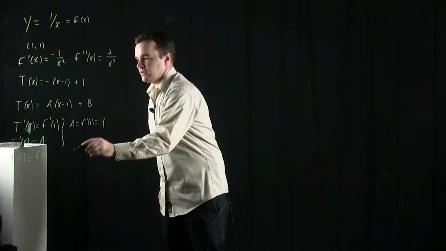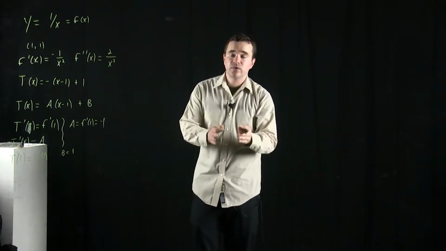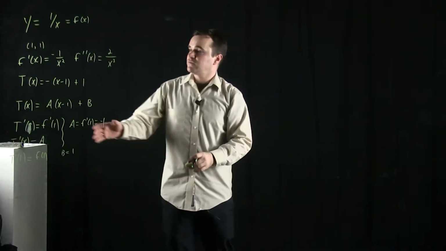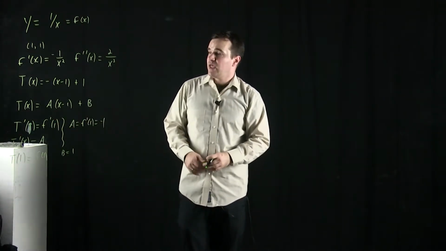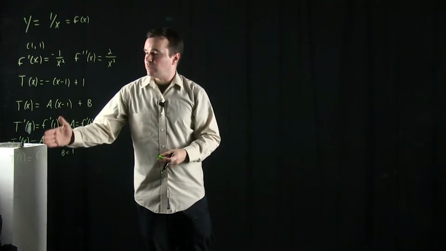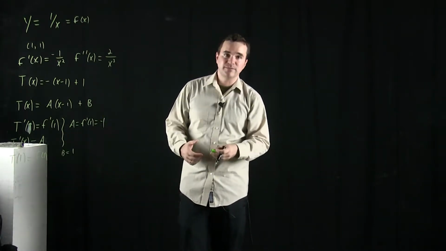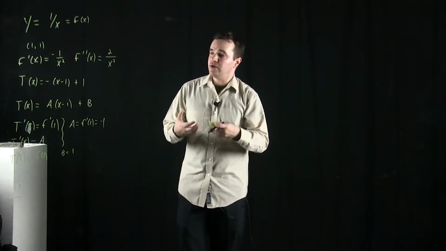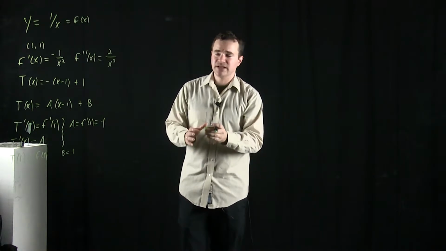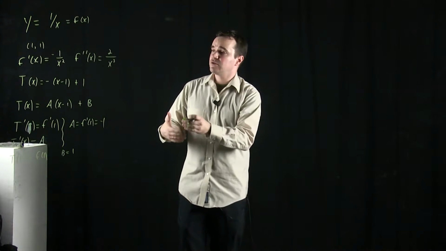And so that's telling you that b is equal to 1. So one way to find that tangent line is to just write this general form, and then require that T of 1 equals f of 1, and T prime of 1 equals f prime of 1. That's another way of saying that it has to be the line that best approximates the function near the point